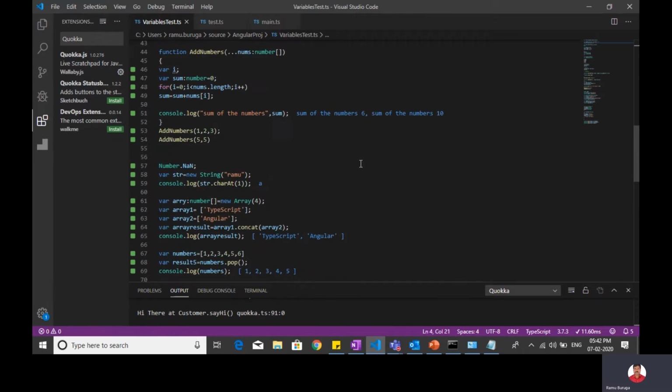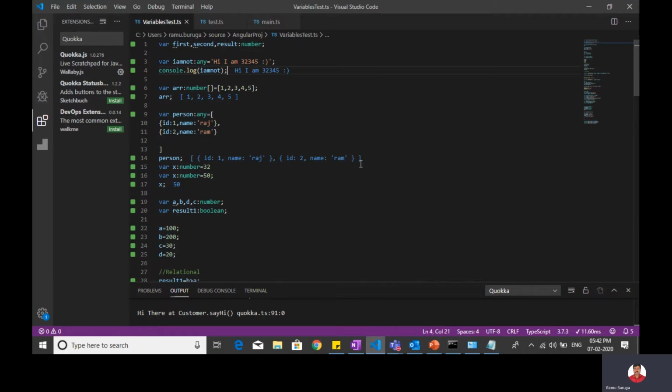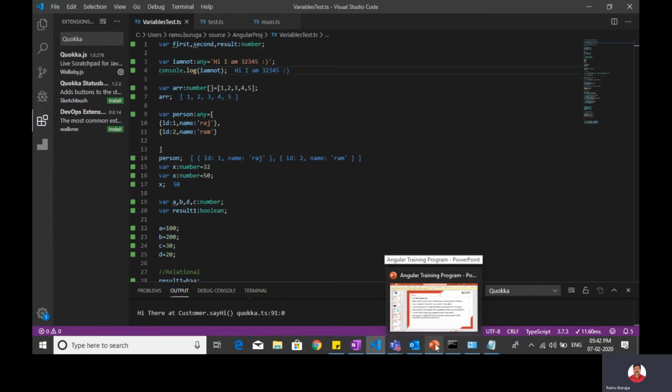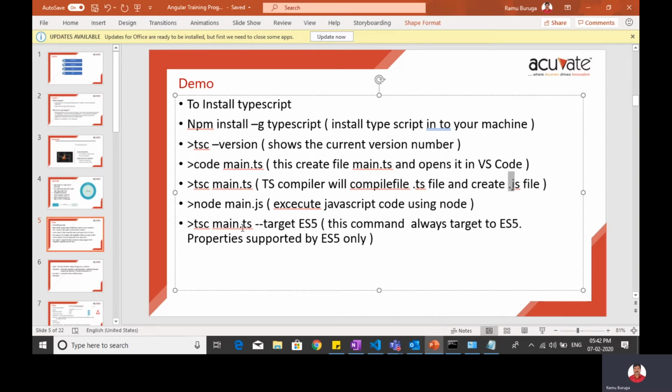So you can use this to see the output. No need to build, compile and deploy to check the output. While typing you can see the output. It will save your development time basically. So that's all.